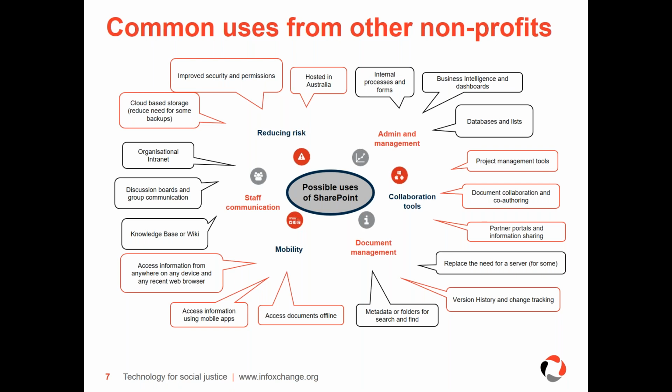And the key thing is it's replacing the need for a server and improving your document management. They are two of the key things that you're going to get out of doing a SharePoint implementation. We highly recommend you look at it, because there are some great benefits across those two.